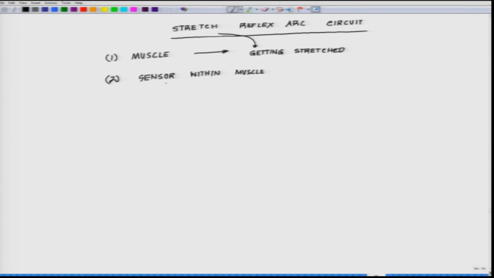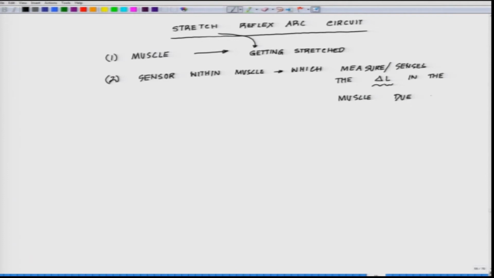The sensor within the muscle measures or senses the change in length, delta L, in the muscle